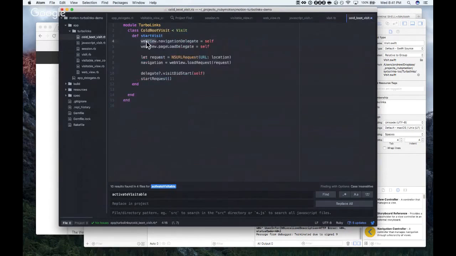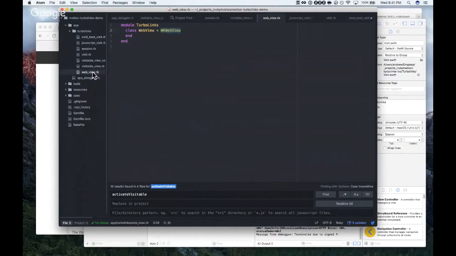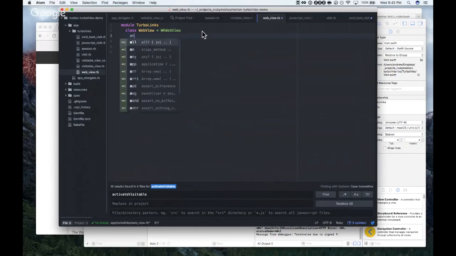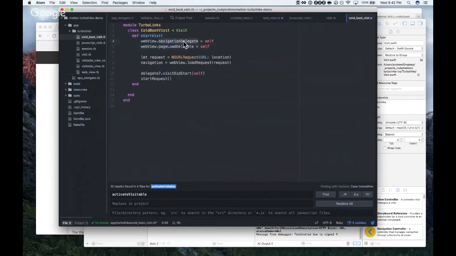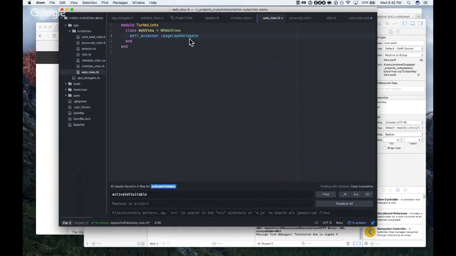And I don't know that we have a page load delegate. I don't think we have either of those on the web view. I think we're going to need those. Add an accessor, delegate. What was the other one? And navigation delegate.